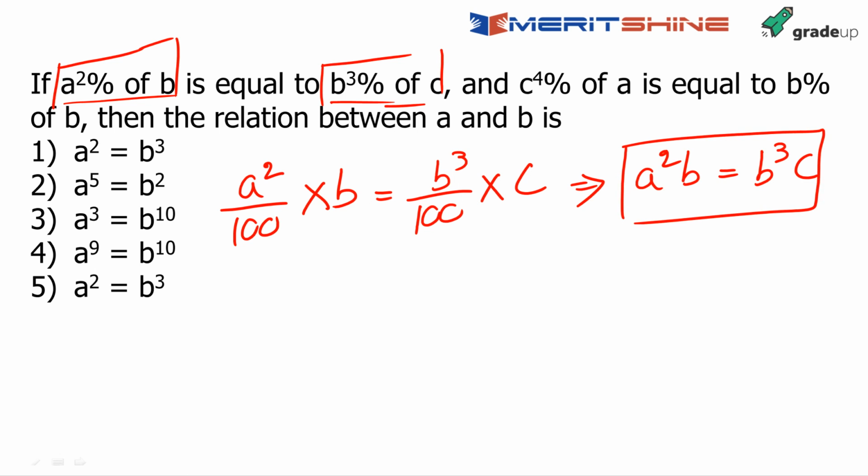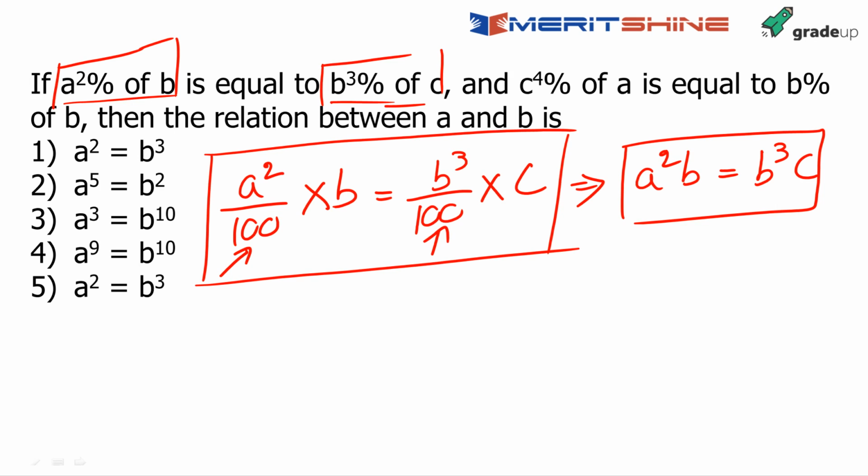But since I know that this 100 would appear here and here, do I need to write it? Do I actually need to write it? Since this is not school where you were given marks to do the rough work, I will give you extra marks if you do not do any rough work. This is redundant, this sign here is not required, this 100 is not required. The moment I see this, I know that A square of B means A square will multiply, B will also multiply, 100 has to come in all of them, it will cancel, let's remove 100.